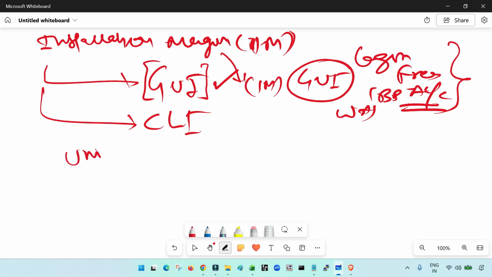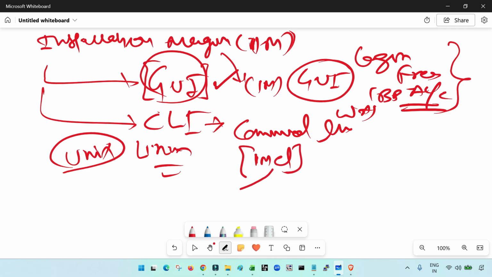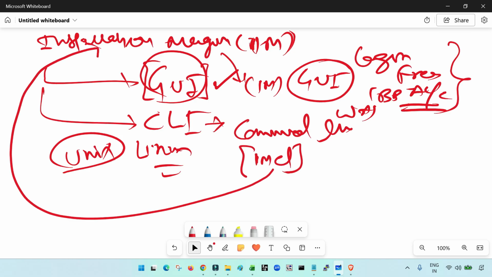But suppose that you are on a Linux machine, a Unix based OS, and you do not have access to the graphical user interface. For that, you can install with the help of the command line, and we have a command, imcl. IMCL is a command line utility that is automatically installed when you install the installation manager. We run it like ./imcl, and then we provide multiple arguments